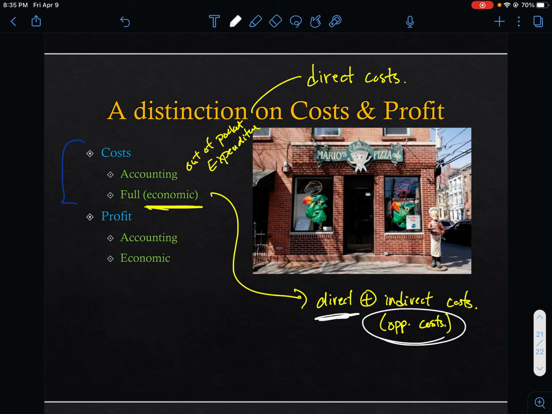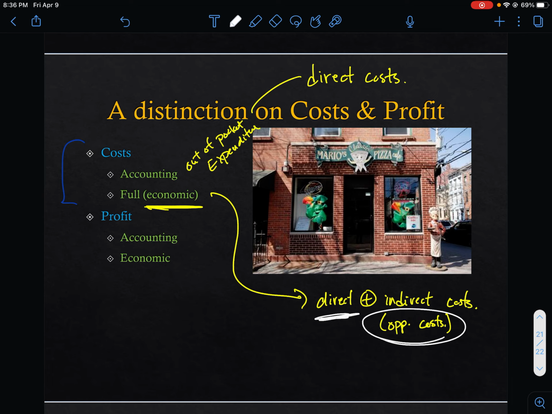The same thing for your time, the same thing for your resources. So if you take a loan out from the bank, and you pay interest on that loan, that's an out-of-pocket expenditure. If you use your own money, let's say that you had $25,000 in the bank and you used that for startup money to buy equipment for your pizza shop, you don't have to pay interest on that. So you're not writing checks, you're not having out-of-pocket expenditures to pay it back, but that was your money. And if you did not use it to buy your own equipment, you could have invested that, right? You could have put it in the bank, in a savings account.